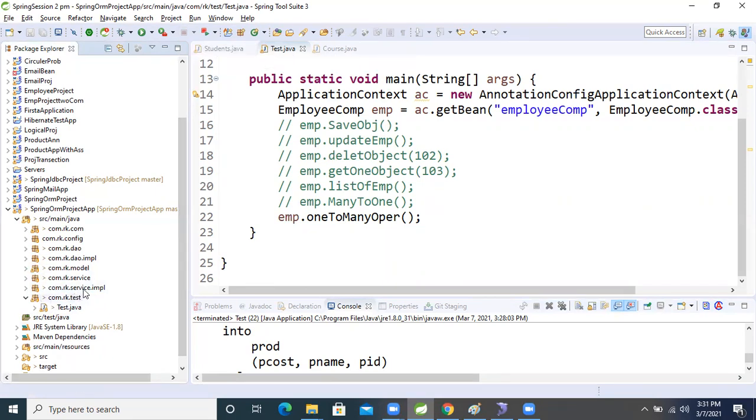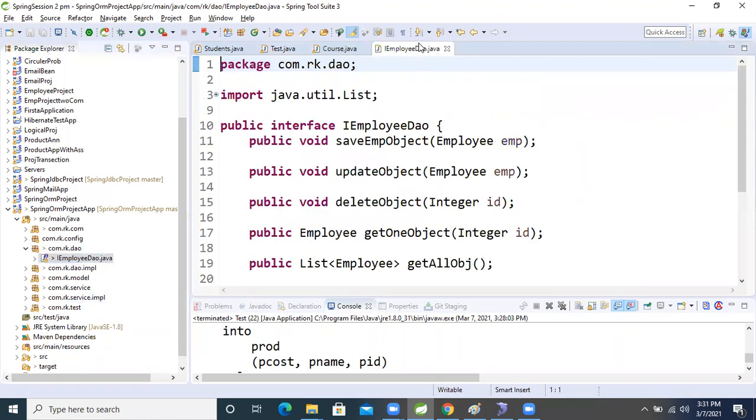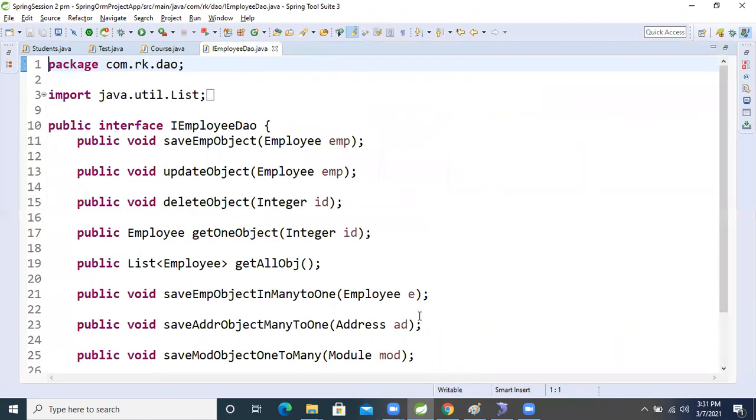Student and course are there, right? So now where is the package? Model, service, test, service, and this one. No, not service, DAO. Yeah, this one. Okay? We will open the DAO interface. Inside that we will write two methods.